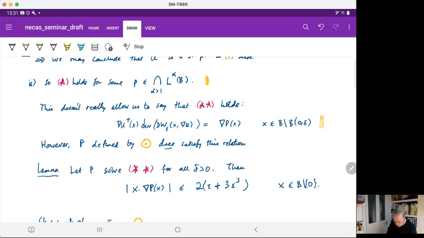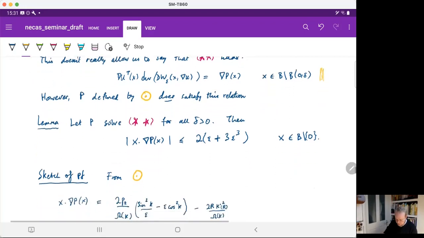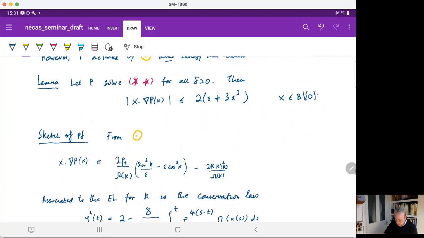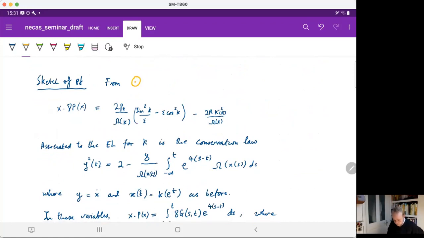The reason I mention the proof is that it shows the use of a conservation law that is associated with that Euler-Lagrange equation, and which I haven't mentioned so far, but it turns out to be pivotal to the whole calculation. Not just this calculation, but the whole paper. Okay, so the starting point for this thing is